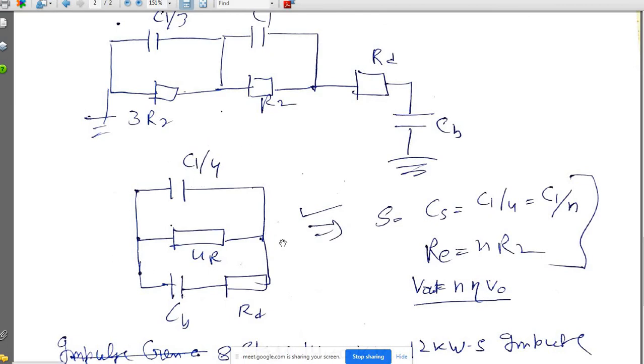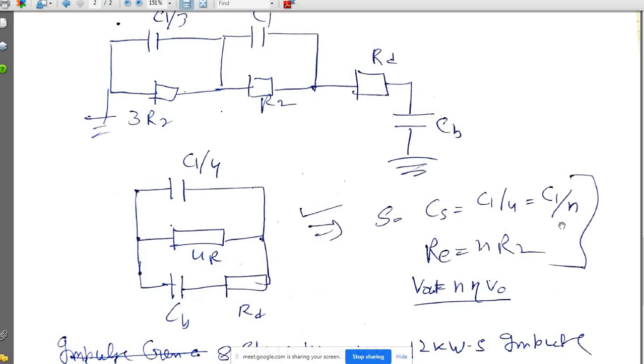So you can compare with the single stage impulse generator. So single stage impulse generator is the same here as this multi-stage impulse generator. This becomes the source resistance. So CS becomes the C1 by 4. Now if nth stage is there, then what is the CS? Then the CS will become the C1 by n. Okay, so this is the value of this.